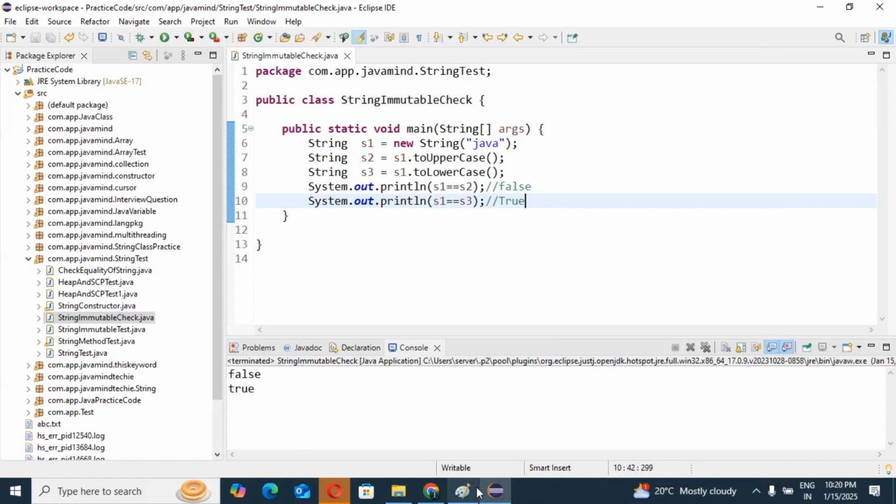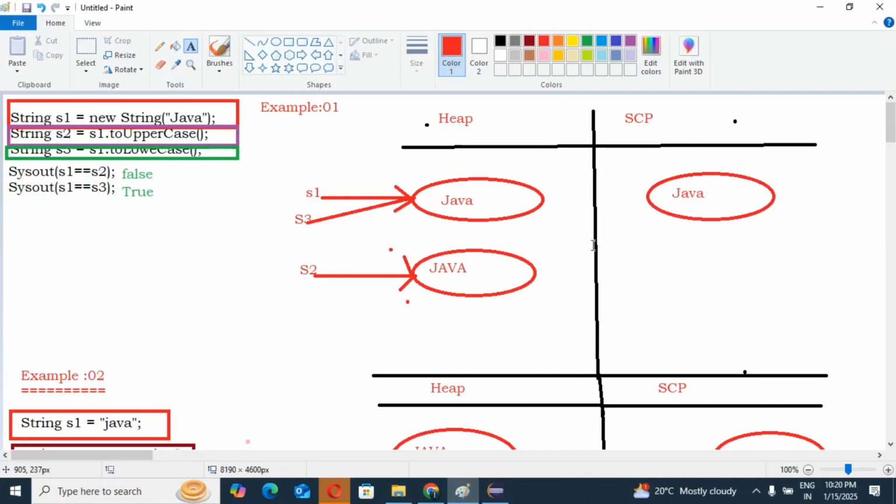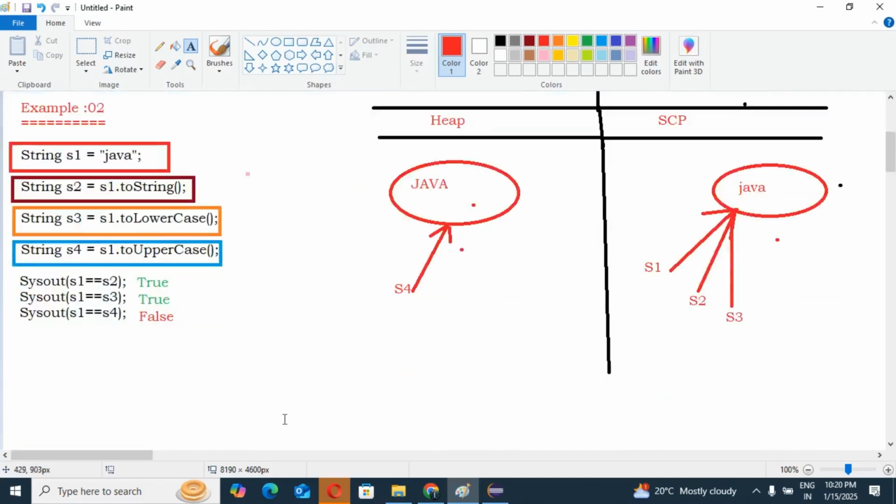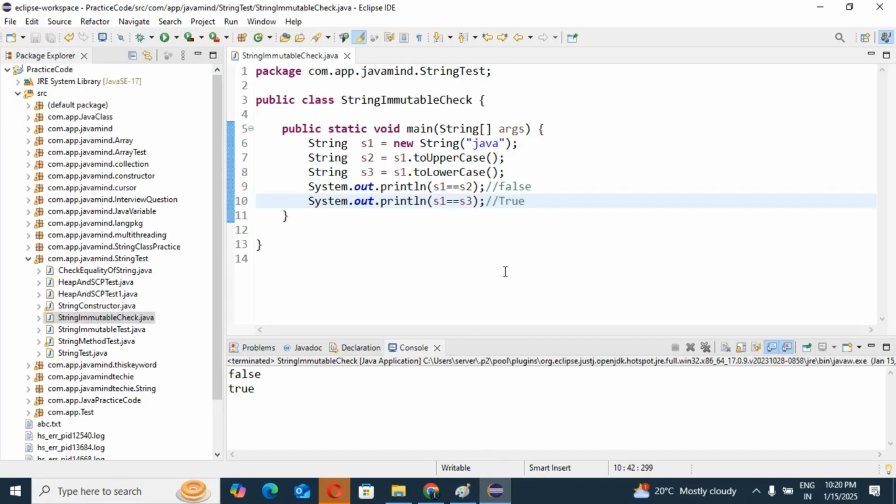So as per the memory management, you can see it is very easy. Yes or no? If you are able to create the object as per a statement, then you can find out whatever output you need very easily. Yes guys. So this is our second example. I will explain this here too, don't worry.